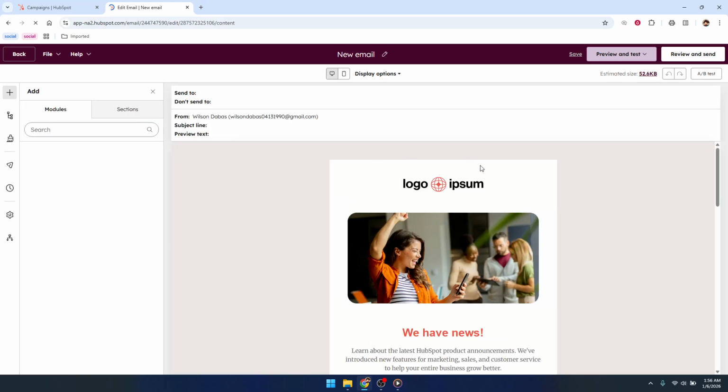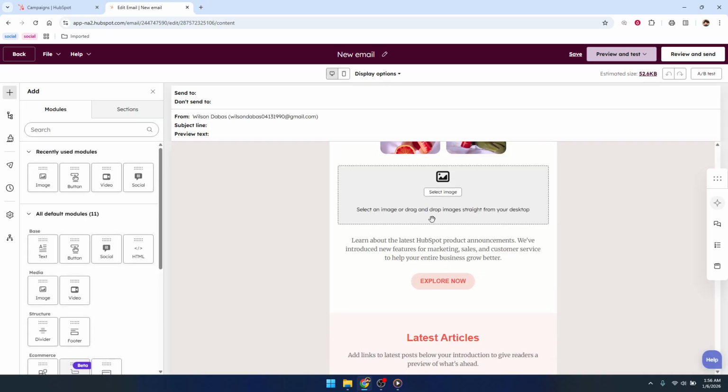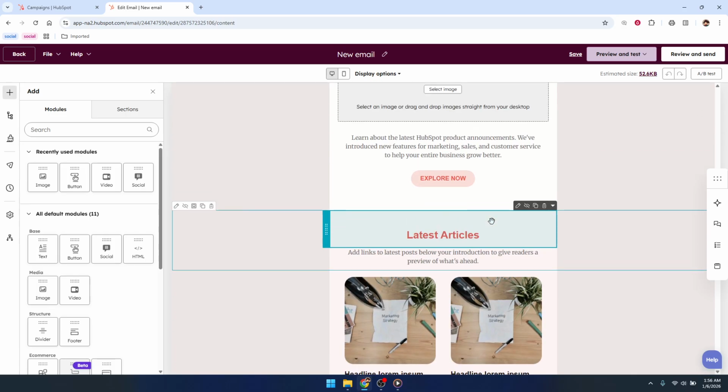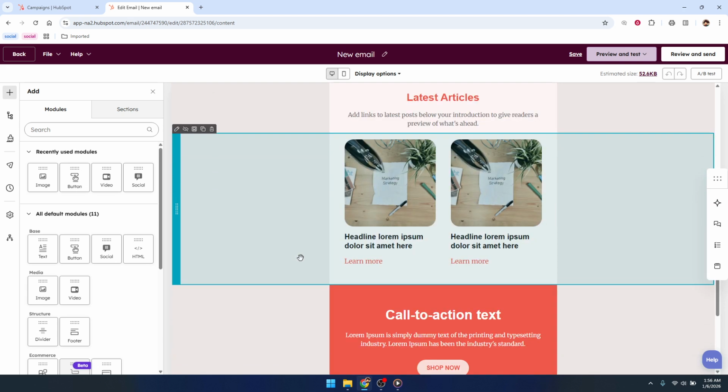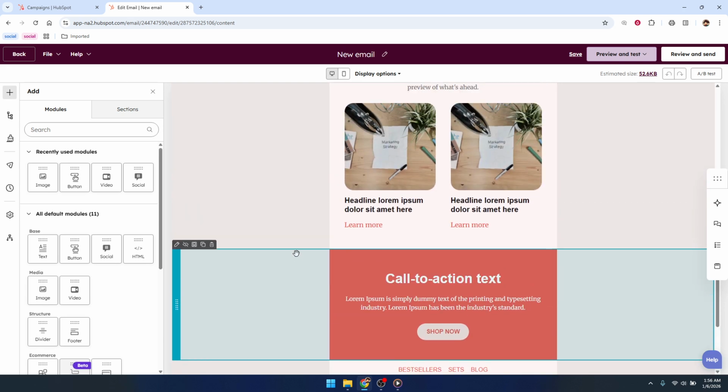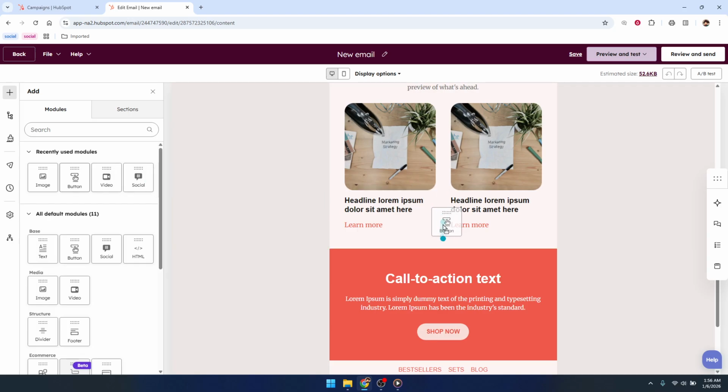Once your email layout is open, you'll see a set of modules you can use to build your message. These usually include things like text, images, dividers, and buttons. To add a call to action, you'll first need to add a button to your email. In the Modules panel, look for the Button module. Click and drag that button module into your email layout and drop it exactly where you want your CTA to